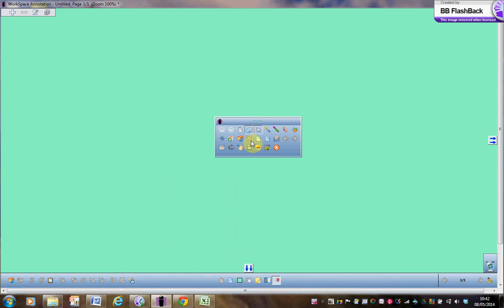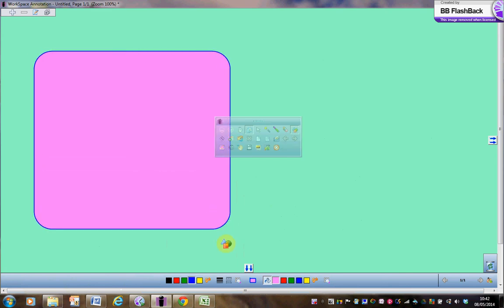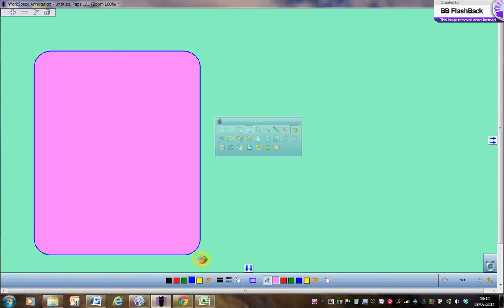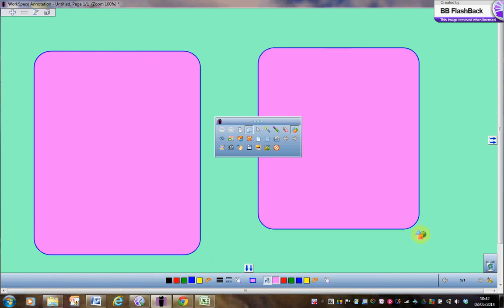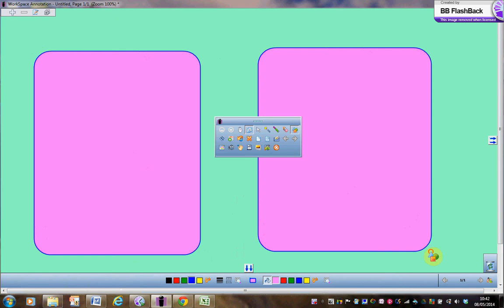I'm going to clear this page for now. I'm going to get a shape, and I will use the filled rectangle that I prepared before, and I'm going to draw that one there, a bit of a gray colour, but hey, and then I'm going to draw another one there. So I've got two rectangles,